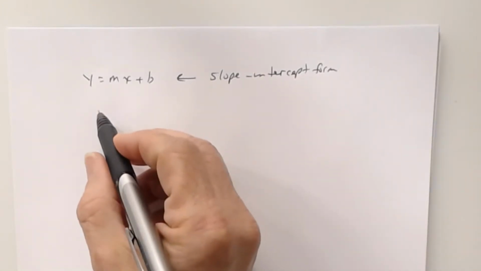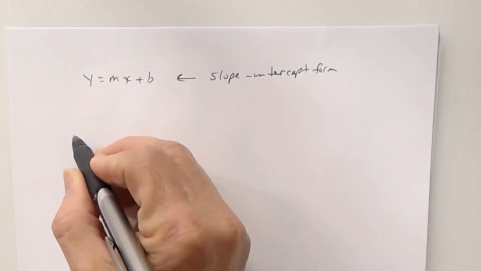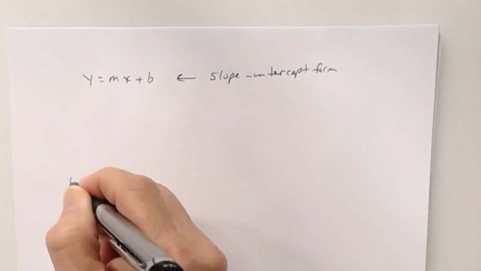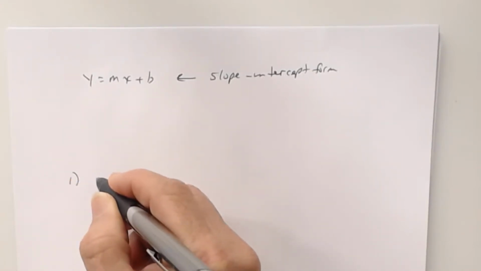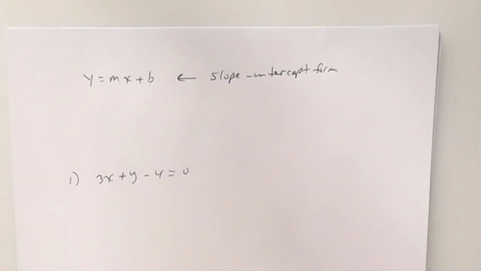So, for example, it could be written something like this. I'm going to put number 1 and then I'll say some directions. So leave some space here. So let's say I have this line, 3x plus y minus 4 equals 0. Is that written in slope-intercept form? No. Why is that not in slope-intercept form? Why it's not by itself? Now, when every term is on one side and 0 is on the other,